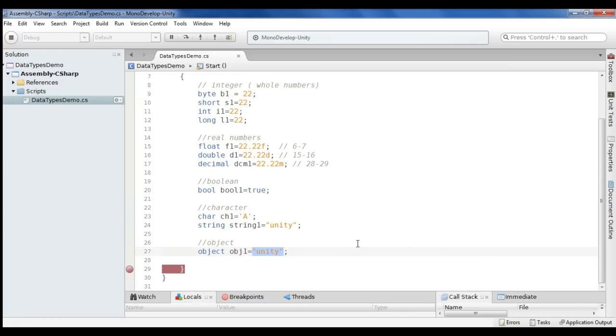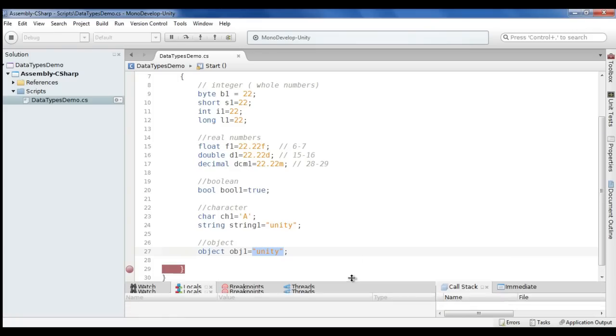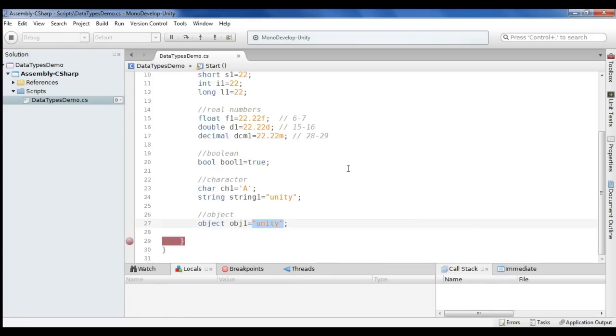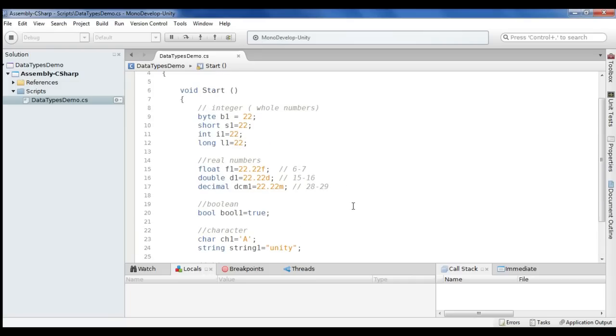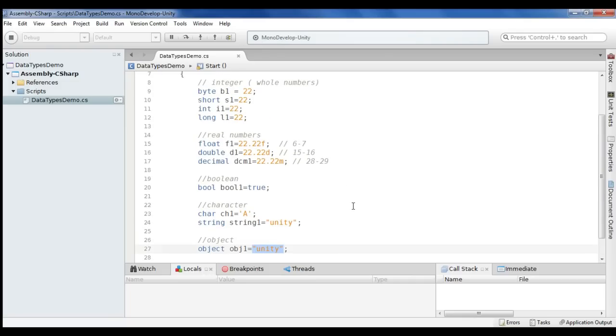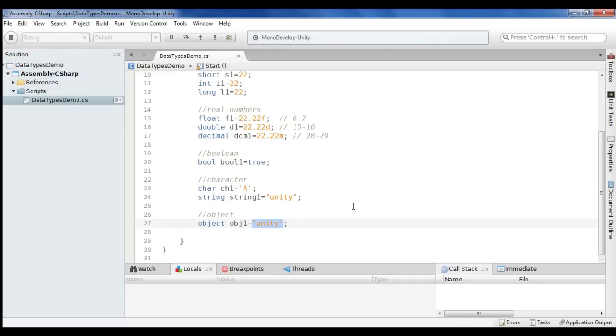Okay, so that is all about how the memory, in the memory what you will see. Okay, let me remove this breakpoint. I think this is enough information about data types for this class. In the next class we will see the data type conversion,